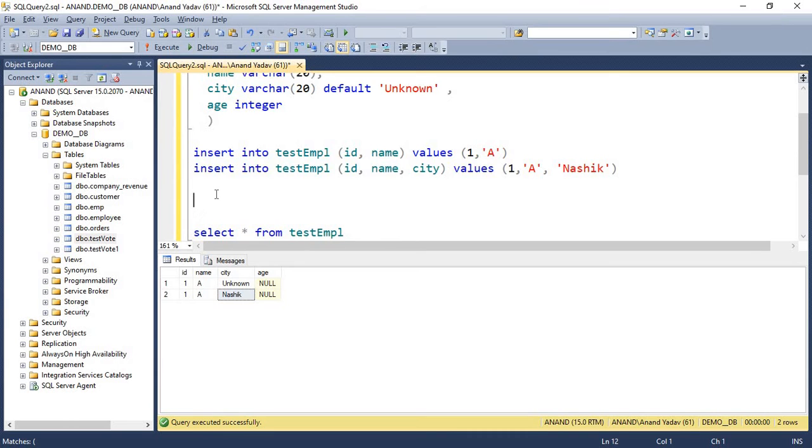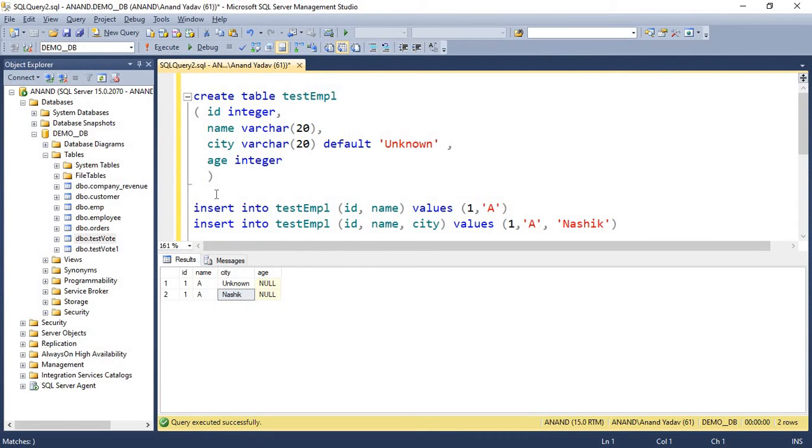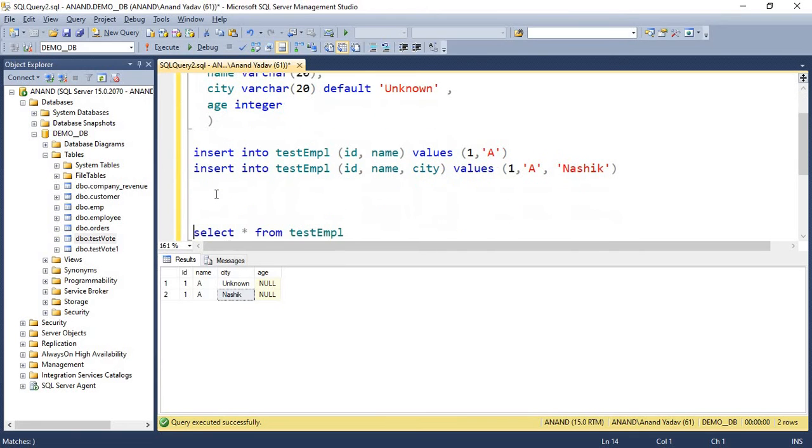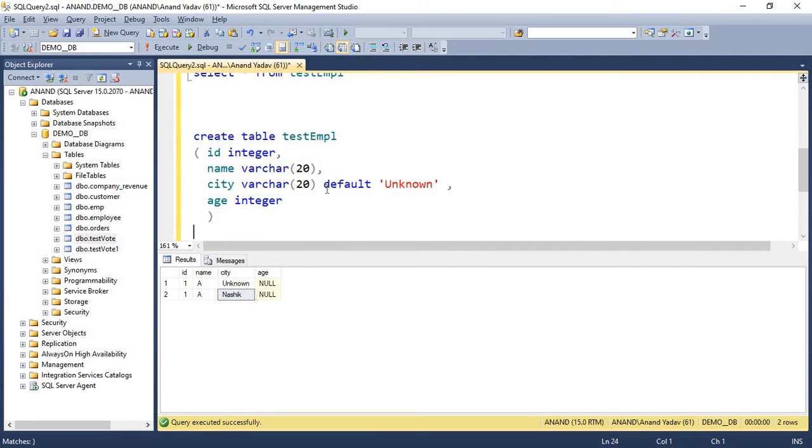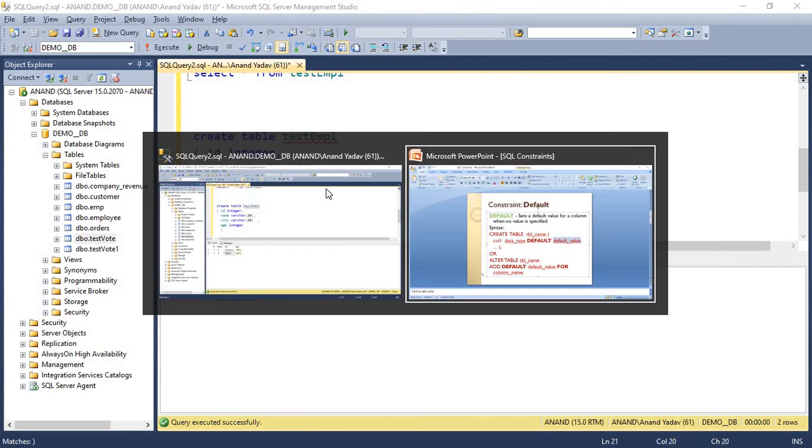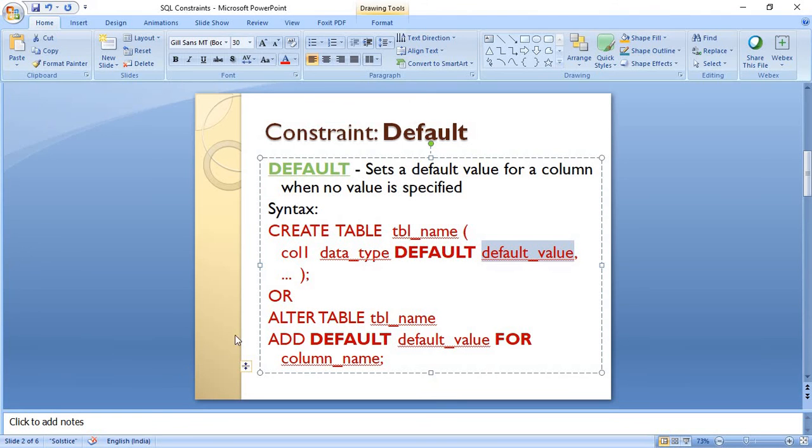Now suppose the table is created and later we want to add a default constraint. How can we do that? We can do that with the help of this syntax. Let's go back to the PPT and see the syntax. We alter table, table name, and we add a default constraint like this.